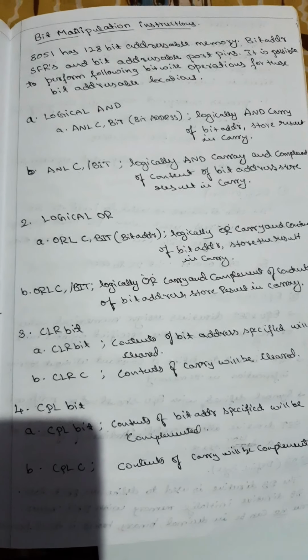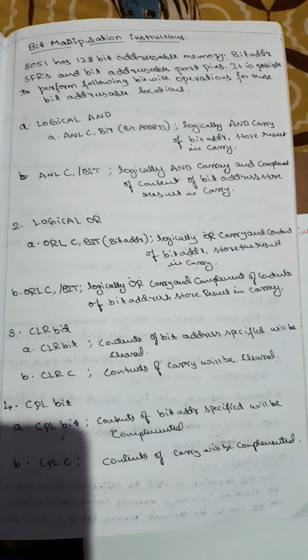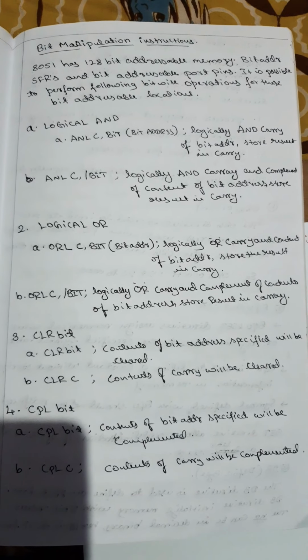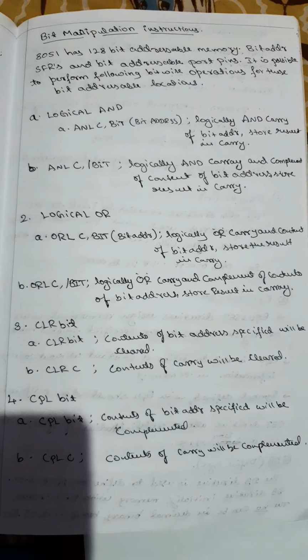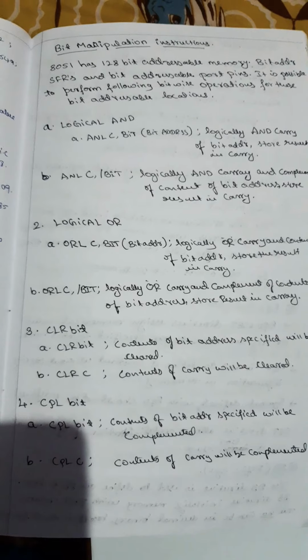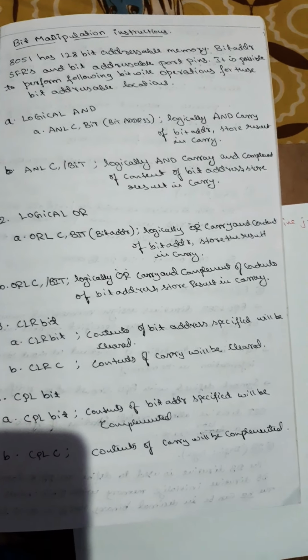The last kind of instruction set is the bit manipulation instructions. In the bit manipulation instructions, the port pins can also be addressed, that is it includes the logical AND. The syntax for the logical AND is ANL C comma bit, in which logical